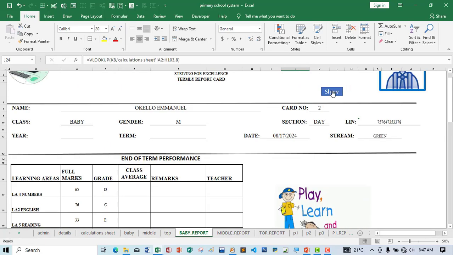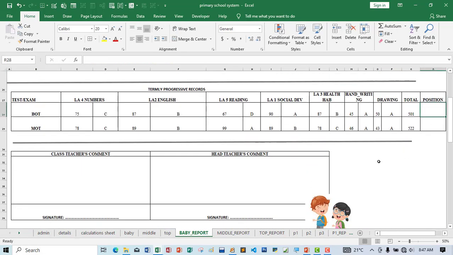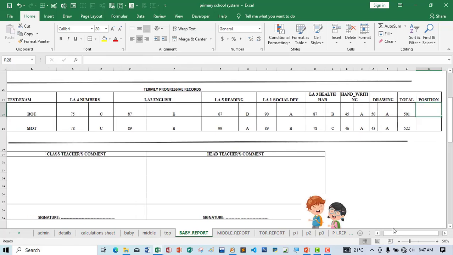But if I change the first person, then that person is in position 1. And then I do the same for this mid term and say equals